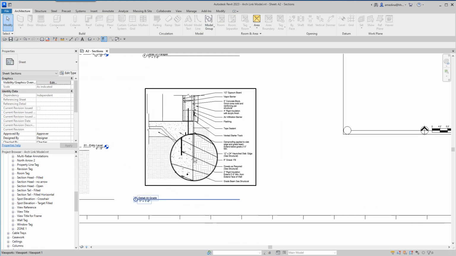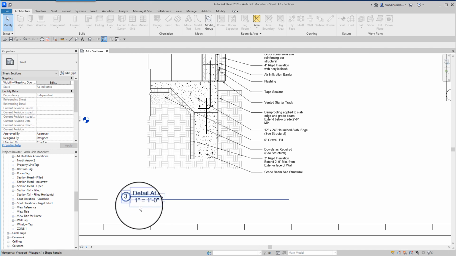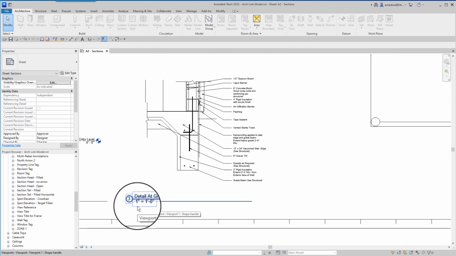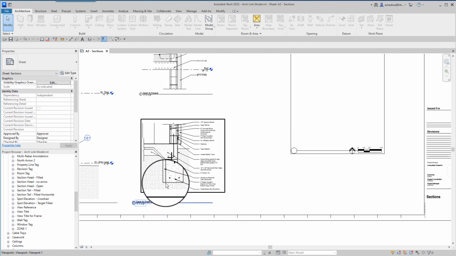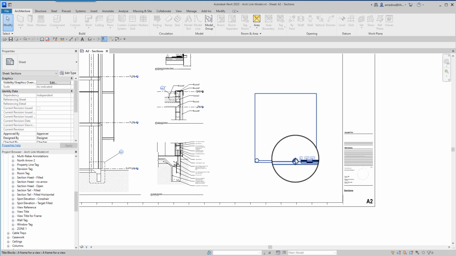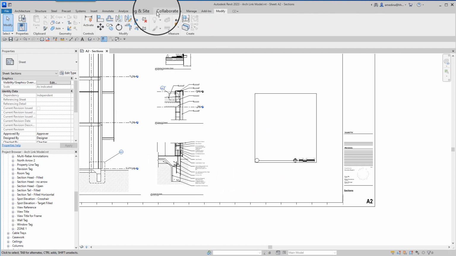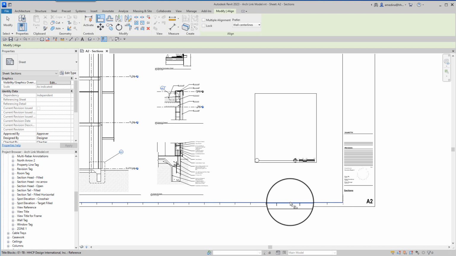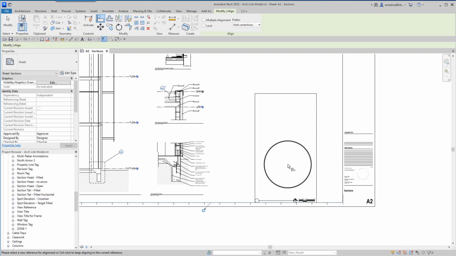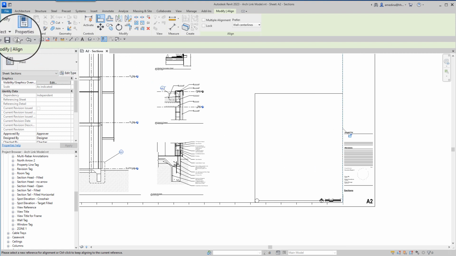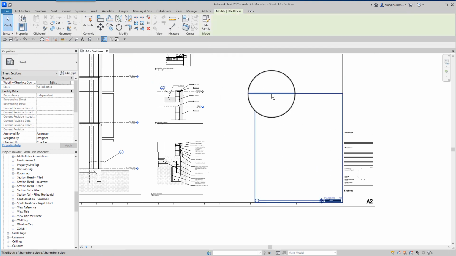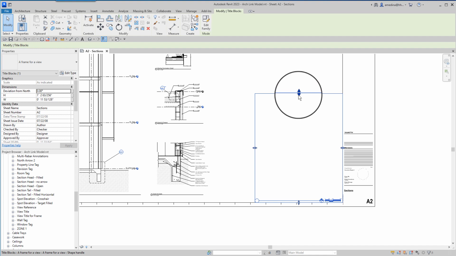So let's make a little test with this view. For example, this view is using 1 inch equals 1 foot. So suppose I want to use this frame. I want to put it here and here. Notice that at the moment the size of our frame is flexible.